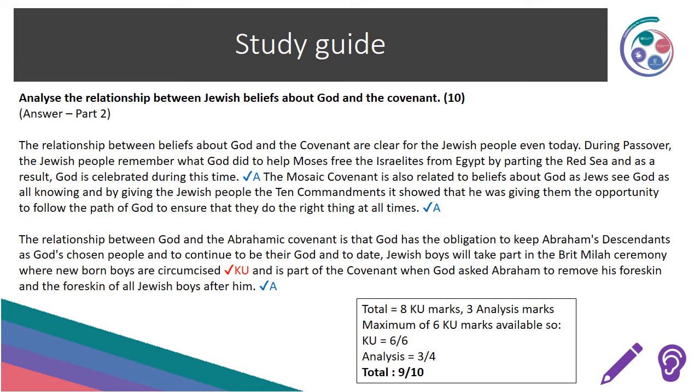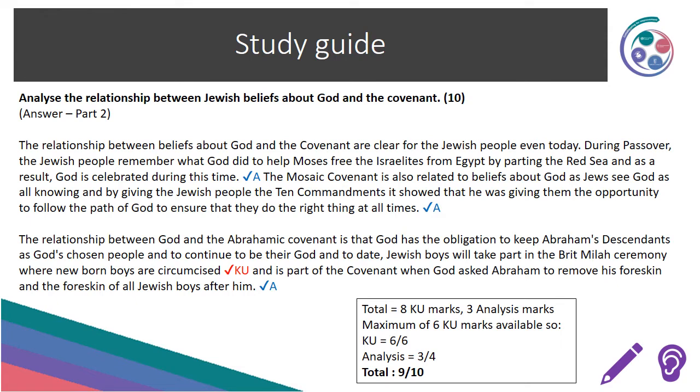Okay, the next section. The relationship between God and the Abrahamic covenant is that God has the obligation to keep Abraham's descendants as God's chosen people and to continue to be their God. And to date, Jewish boys will take part in the Brit Milah ceremony, where newborn boys are circumcised. Okay, so that's a KU mark because you're given